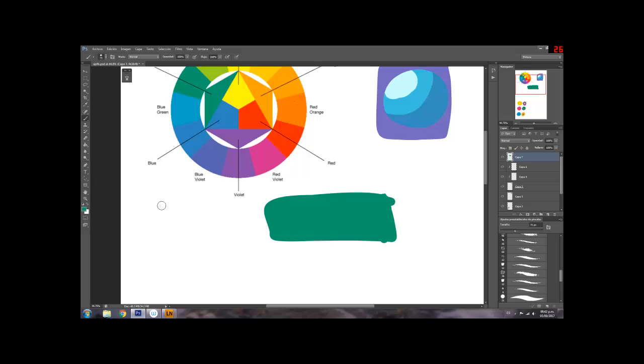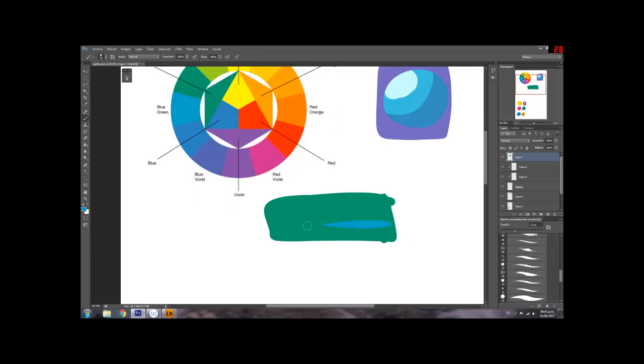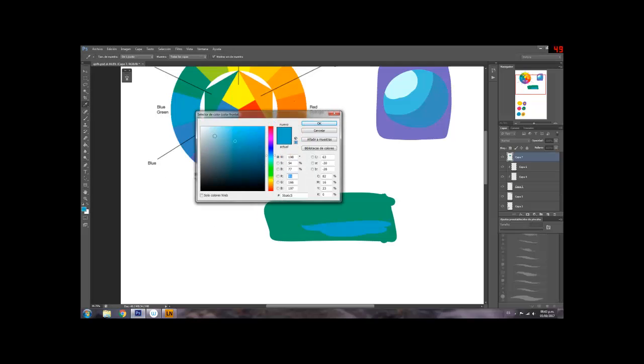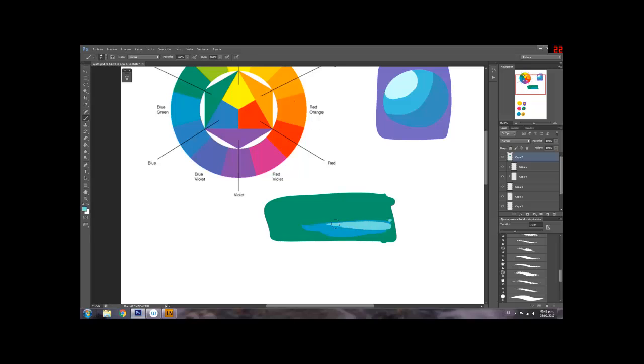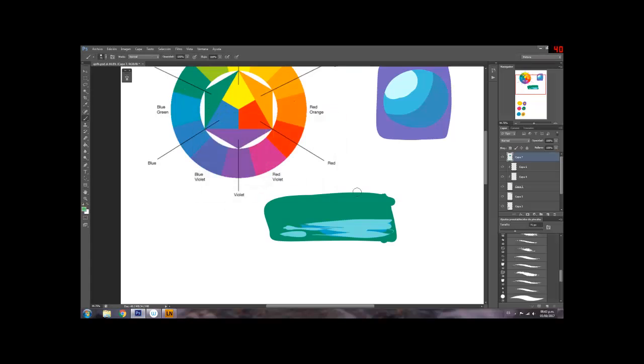To make a color palette, we're going to use analogous colors, like this blue green will be like a lake, but we can play with saturation and hue and value. We're going to say there's a lake and there's a forest. We're going to use analogous colors too,